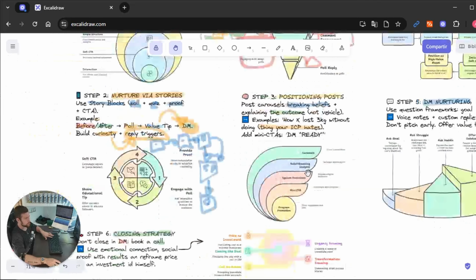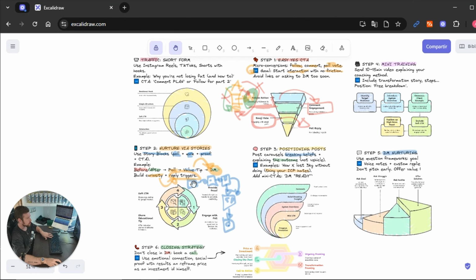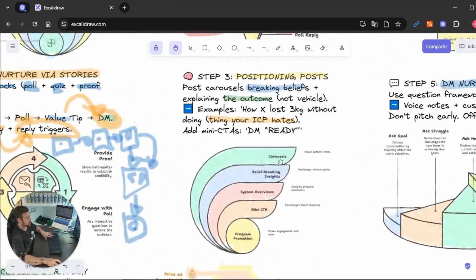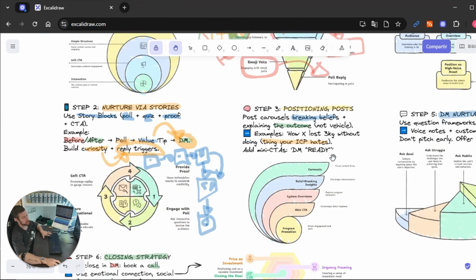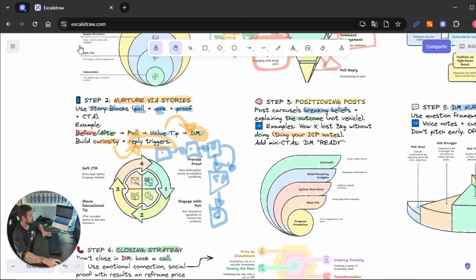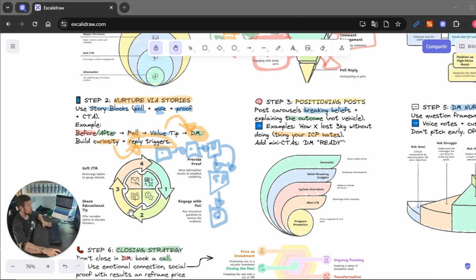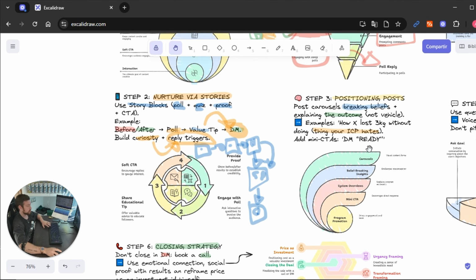This was reels, this was stories. And if you use posts, you need to understand something: as I told you before, you are not here to go viral. You are here to get more clients, to have more money in your business, and to live better, have a better quality of life. That's it. Don't fool yourself. This is what you really want.